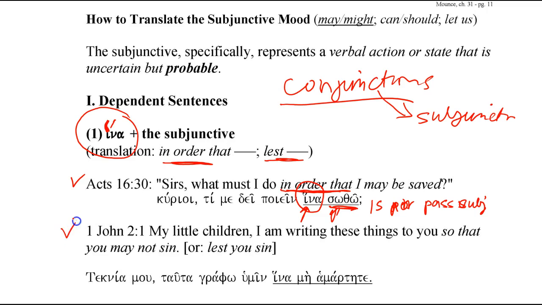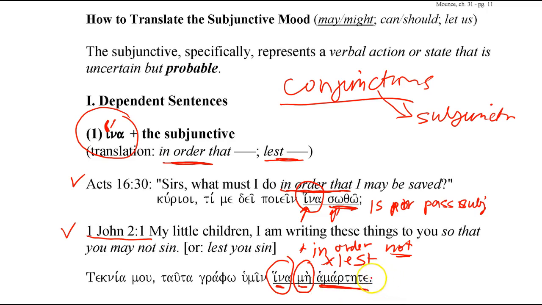And then for 1 John 2:1, this is a good example of where hina is combined with me, and this can be translated in order not to. So you can translate this as in order not, but also you can translate this idiomatically simply as lest. So in 1 John 2:1, my little children, I'm writing these things to you so that you may not sin, or lest you sin. Either translation would work, where you have hina plus me, and then the